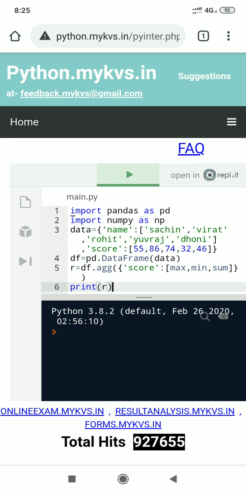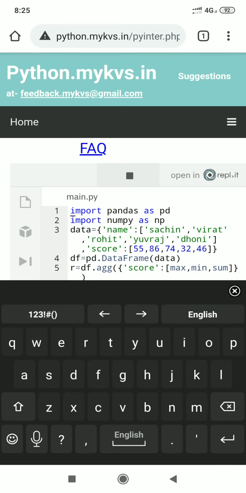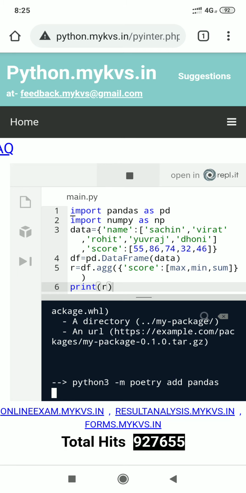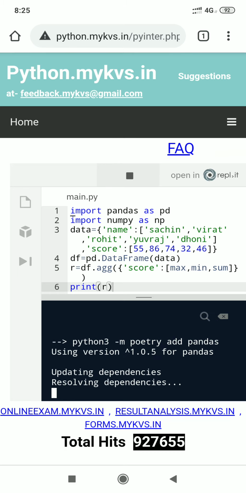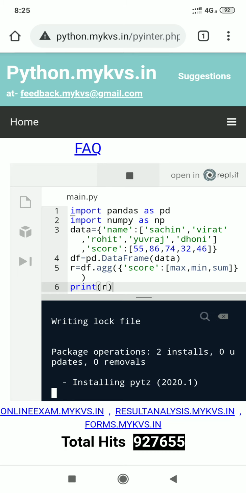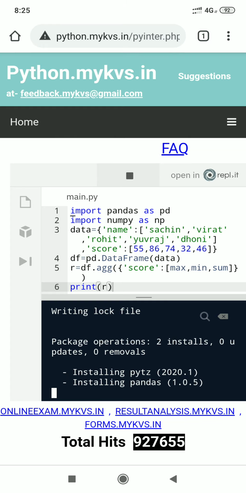How we can execute this is very simple. You just have to press the run button that is given in green color. Here I press it, here I execute the program. It will take some time if it is being executed for the first time, because the library is being moved from the server side to your mobile phone or your system. So it will take some moment the first time, and then after that your program will be executed quickly. So wait for some time.